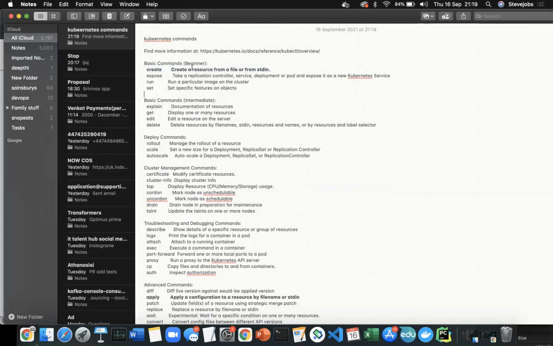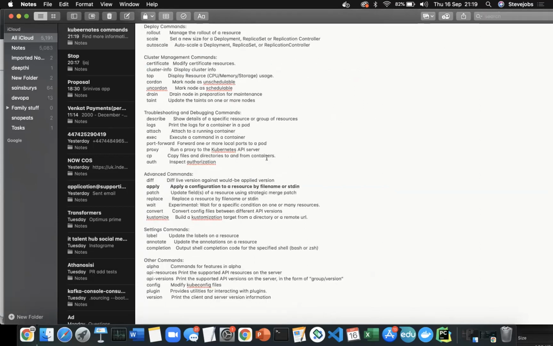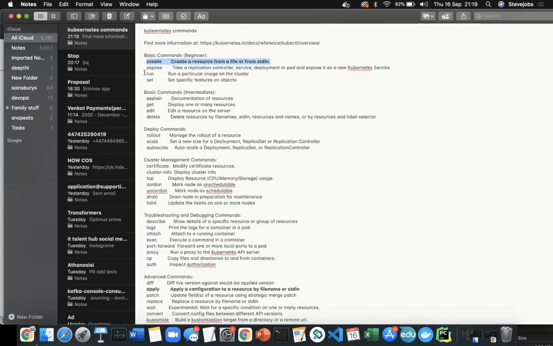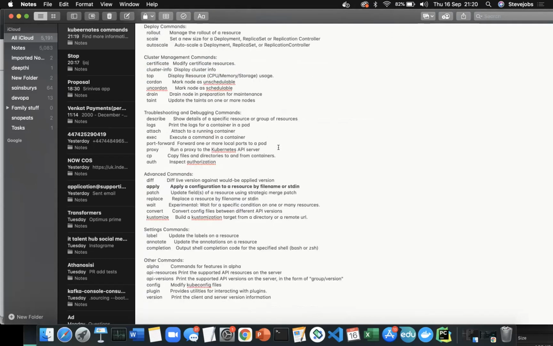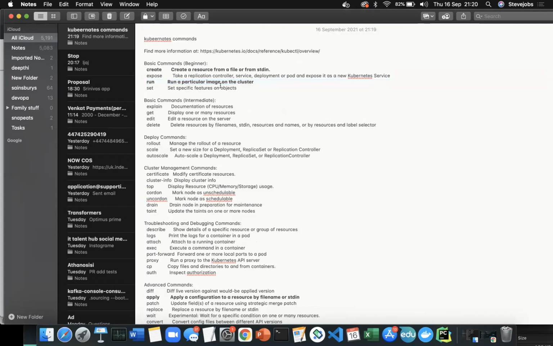This will actually initiate the Kubernetes infrastructure or a cluster. The remaining things, like run, mean we can simply run a single image on a cluster. You can keep on adding and deleting stuff, but the main thing is create and apply. These are the two commands. The remaining things, 99% of companies won't use.